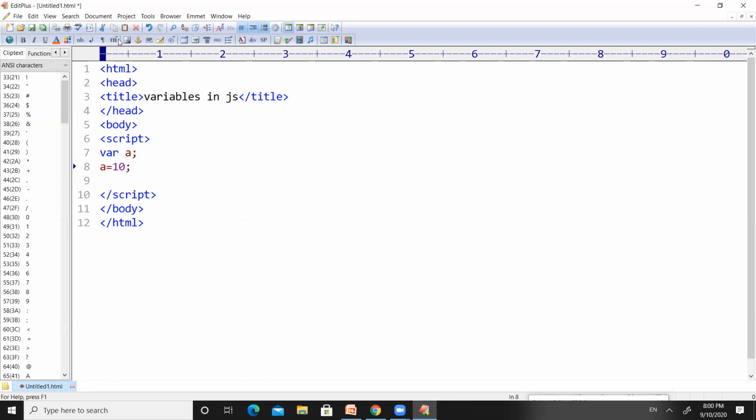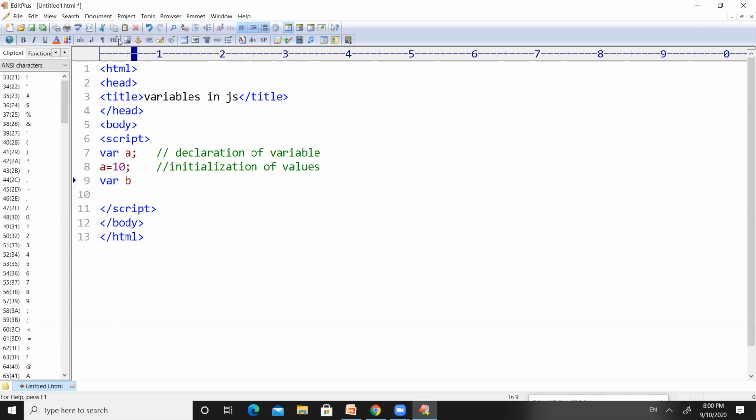So it is the declaration of variable, and this line is initialization of values or assigning of values.